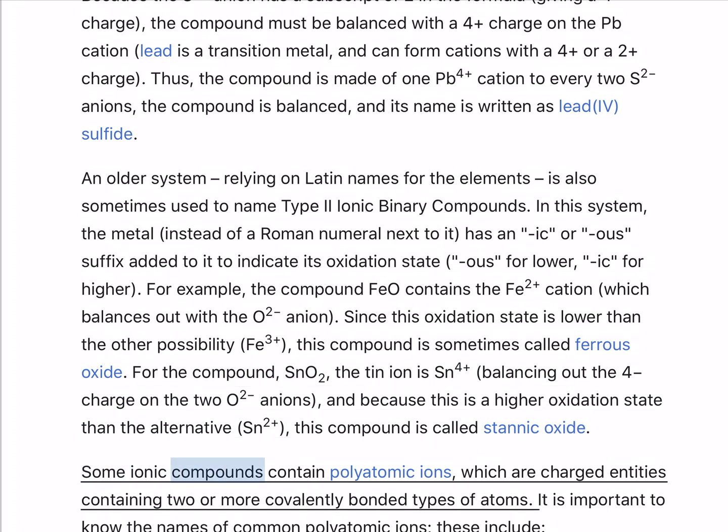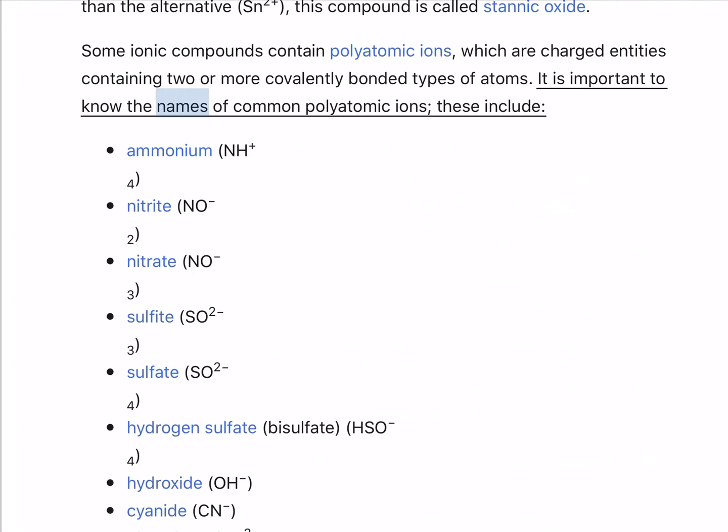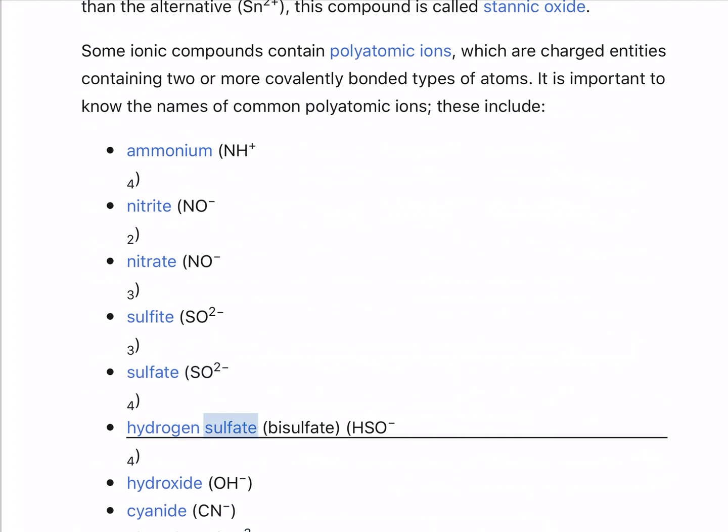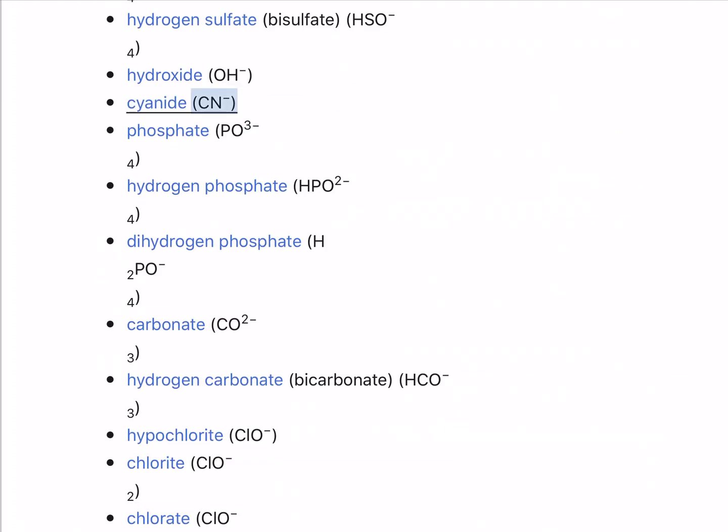Some ionic compounds contain polyatomic ions, which are charged entities containing 2 or more covalently bonded types of atoms. It is important to know the names of common polyatomic ions. These include ammonium, NH4+, nitrite, NO2−, nitrate, NO3−, sulfite, SO3 2−, sulfate, SO4 2−, hydrogen sulfate, bisulfate, HSO4−, hydroxide, OH−, cyanide, CN−,